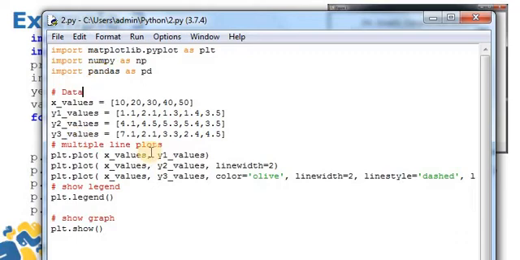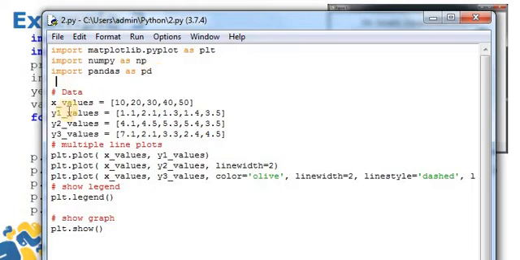Now here what we are doing, we are making 3 line graphs but in one window. So how can we do it? First of all, we are making the alias: matplotlib.pyplot can be declared as plt, import numpy as np and import pandas as pd.